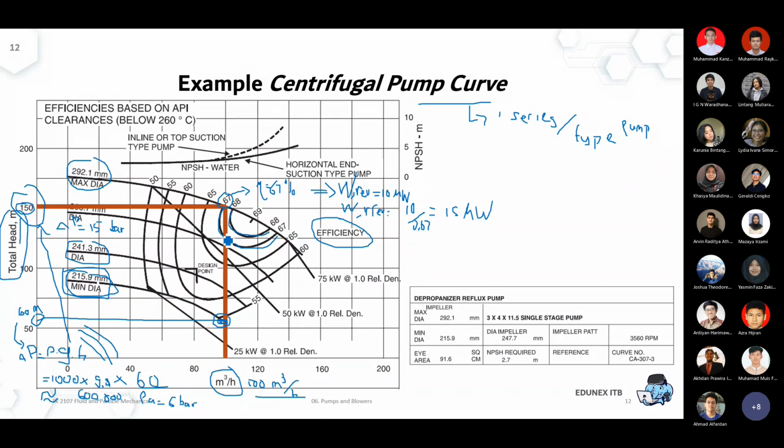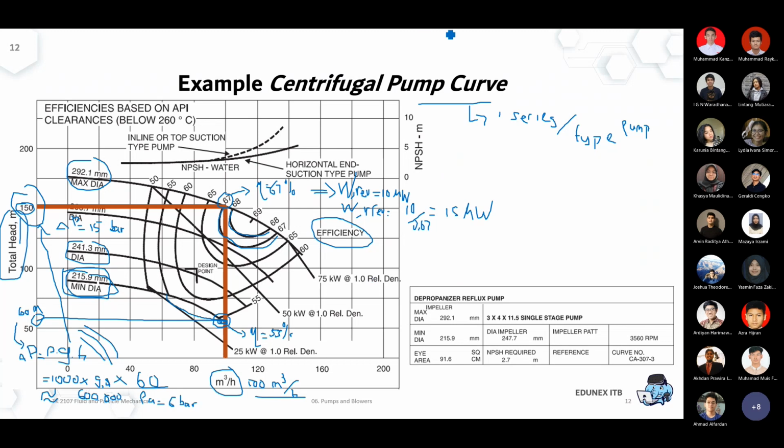But if you want to work at the low diameter impeller, now you have to extrapolate a little bit. So that's my 67, that's my 60, that's my 55, probably if we extend. So it should be quite close to an efficiency of 55%. Now you're working at a lower capacity and lower pump efficiency. That means a relatively bigger loss as heat to the environment. So a lot of information can be taken from this one centrifugal pump curve.